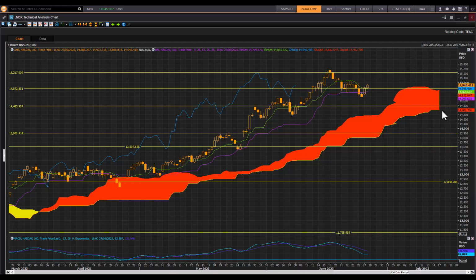14,402, the bottom end of the front end of the cloud, is a support zone here on the 4-hour chart, but absolutely critical for the market to rebound from these support levels here. If not, then we're going back down to retest the bottom end of the cloud for support zone here. That will only happen if this resistance zone here between 15,217 and 14,872 remains significant for the NASDAQ,